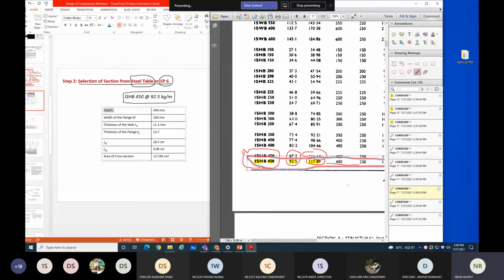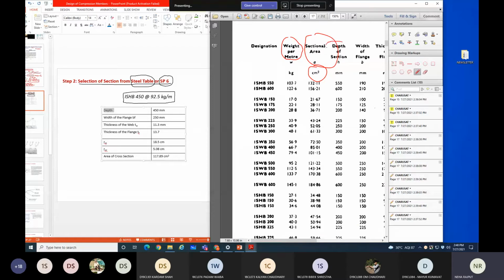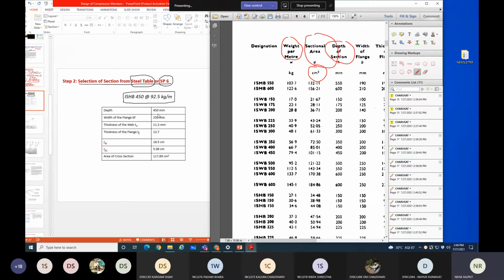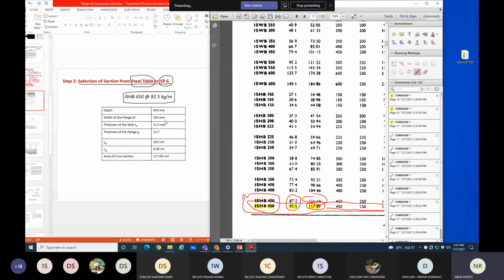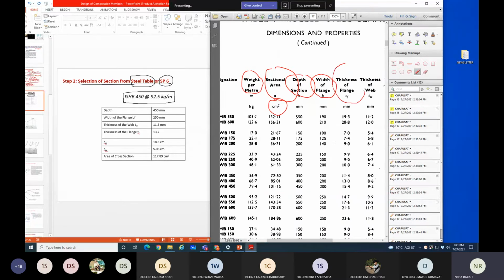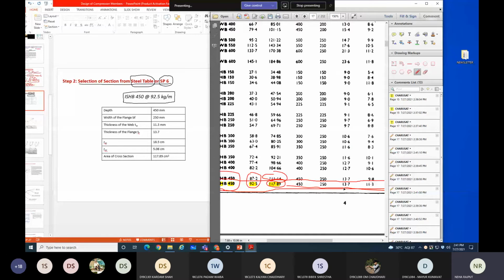You can find this over here, depth of the section H, so that is 450. So here you need to write 450. Then the second thing you require is width of the flange. So width of the flange is 250. Then you require thickness of flange TF. Here it is mentioned thickness of flange 13.7. So here it is 13.7.